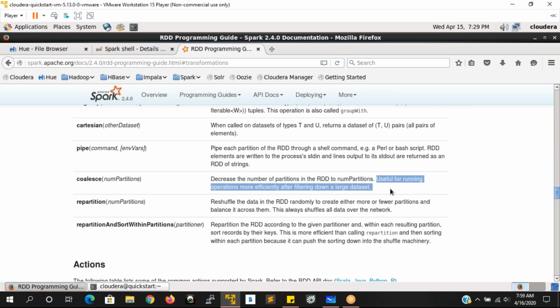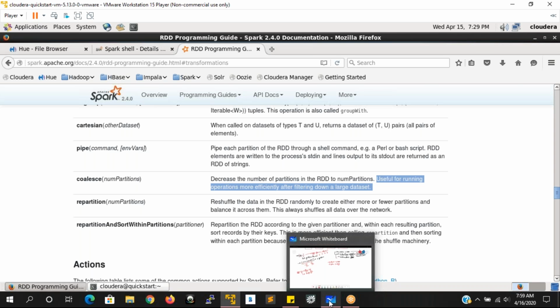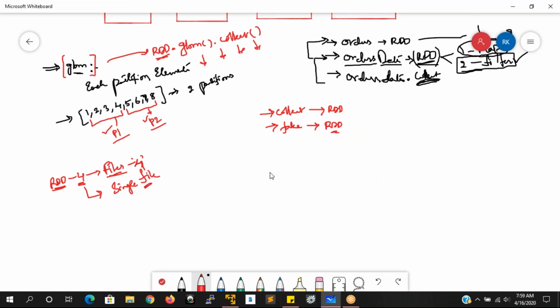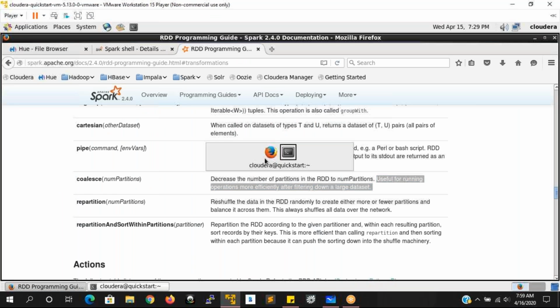It says that you have to apply this coalesce transformation only when you are filtering down a large data set. So what is the purpose of this statement? That should be understood here. Why are we going only for filtering down? Any guesses or any idea that you have? Anything that comes to your mind, just let me know so that I can see how exactly we can go forward.